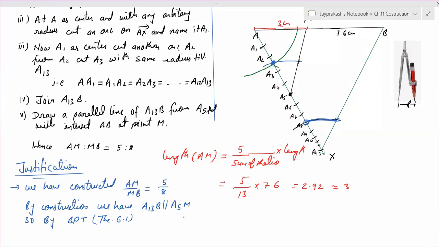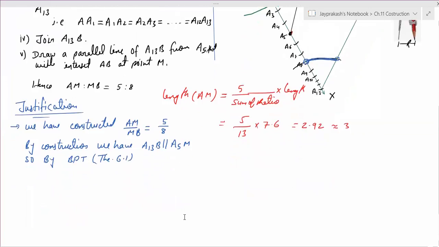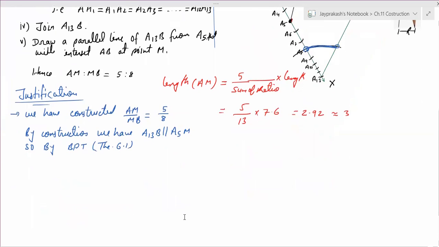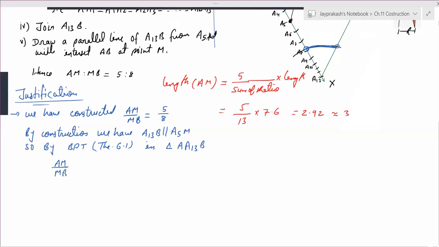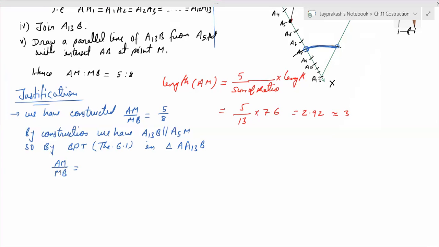If you forget, the proof is available on my YouTube channel. By the BPT theorem, we will apply in triangle A A13 and B. So we can prove here AM by MB is equals to,